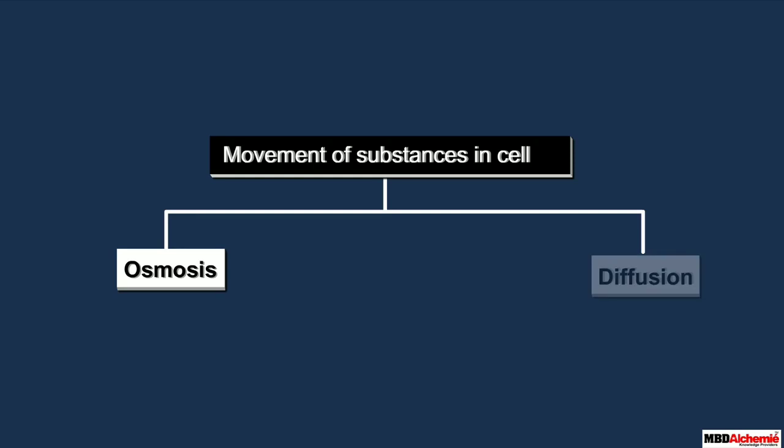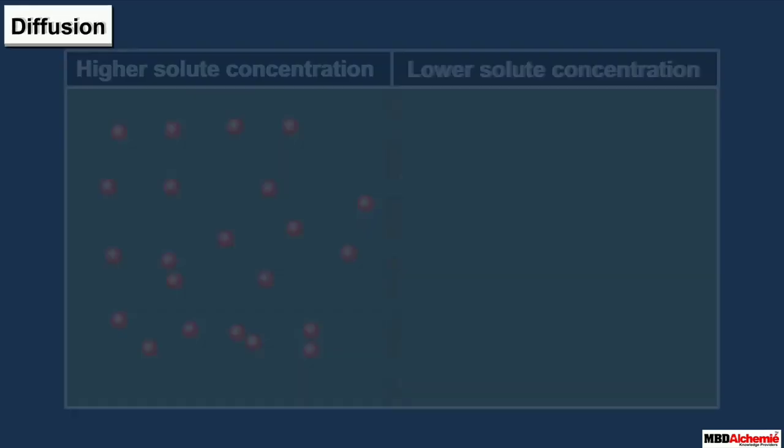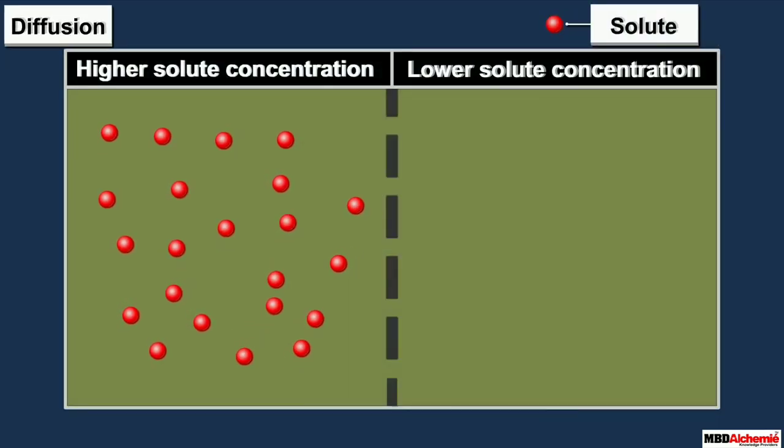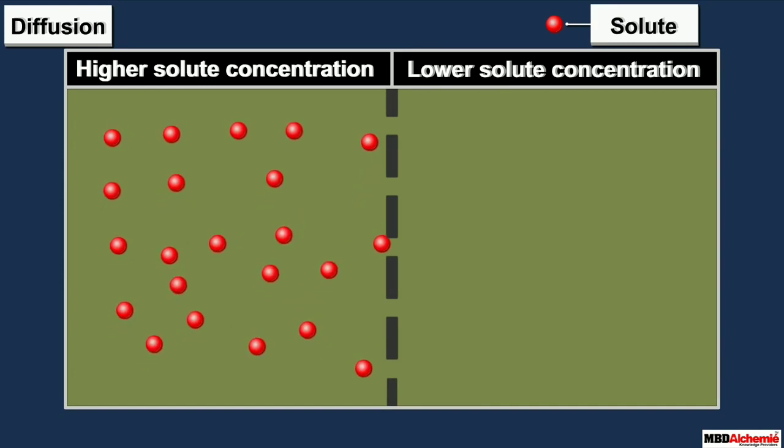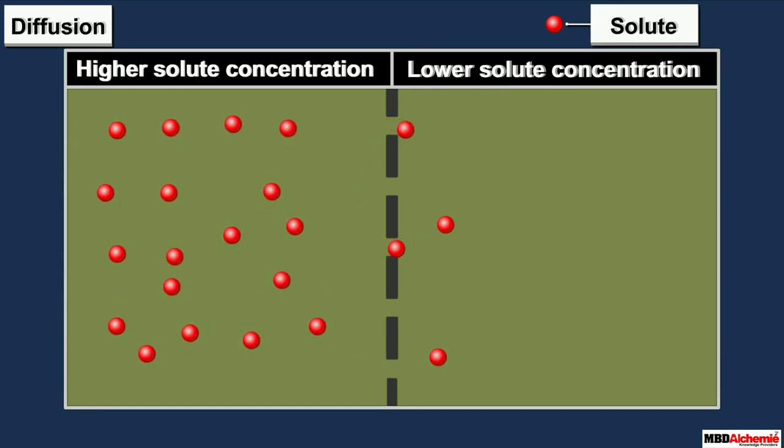So how does the movement of substances take place into the cell, and how do substances move out of the cell? That is, some substances like carbon dioxide or oxygen can move across the cell membrane by a process called diffusion. You might have studied diffusion before, right? Then what is diffusion? It is the spontaneous movement of a substance from a region of higher concentration to a region of lower concentration. So for example, substances like CO2, which is a cellular waste, will be accumulated inside the cell, and the cell has to eliminate this CO2.